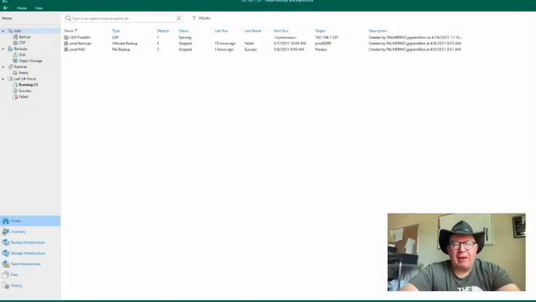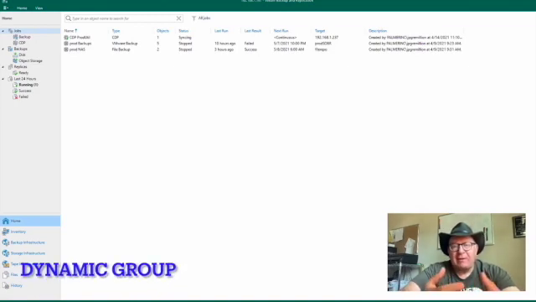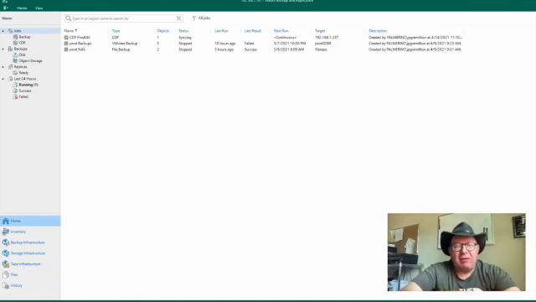Here I am in Veeam Backup and Replication version 11 in my lab. I want to show how I can add a bunch of VMs to a job that I have tagged in VMware because I want to create what's called a dynamic group. A dynamic group is when you create a job with things like hosts, vCenter, clusters, resource pools, even tags. So anytime anything hits one of those groups or container objects, it's automatically populated inside a Veeam Backup and Replication